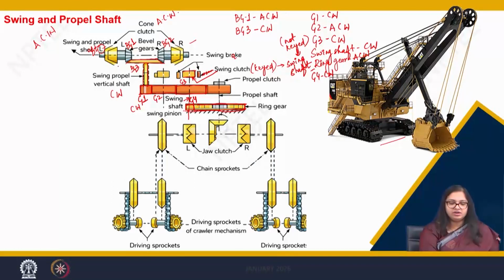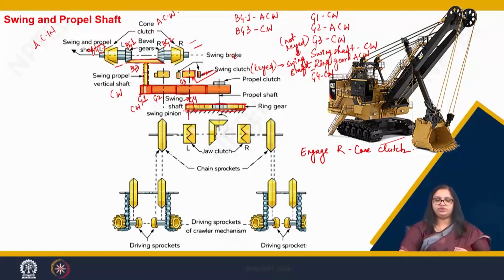So, I detach the left cone clutch and I engage the right cone clutch. So, when I engage the right cone clutch, my right cone clutch is now rotating